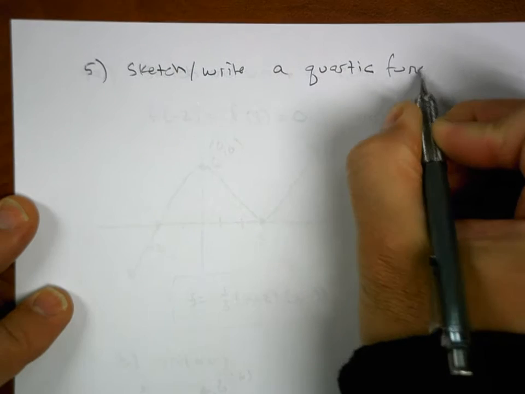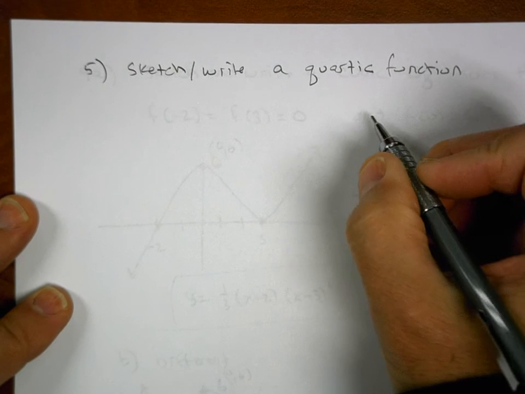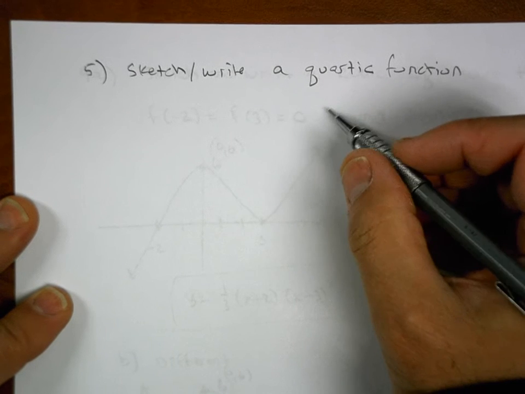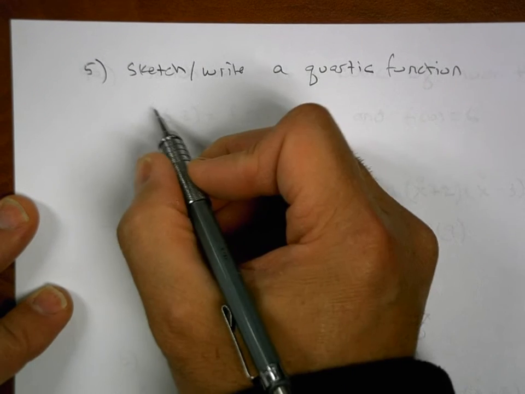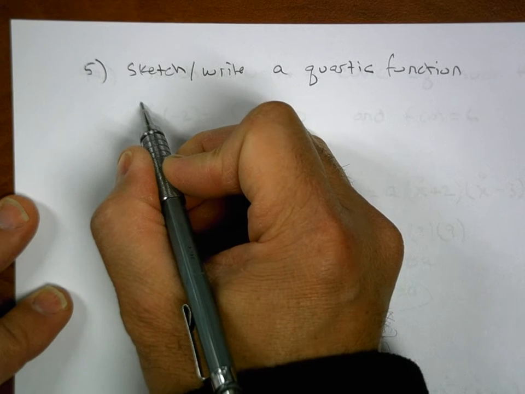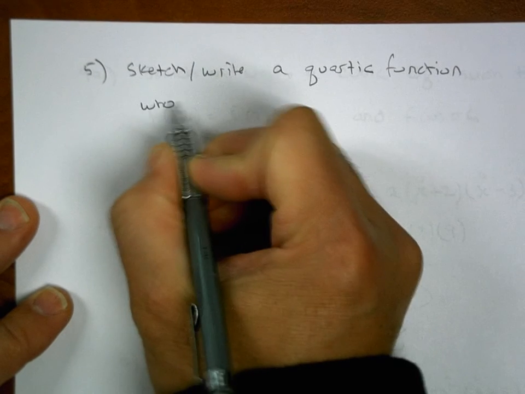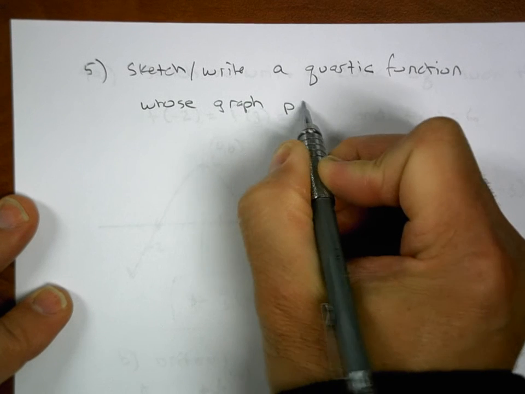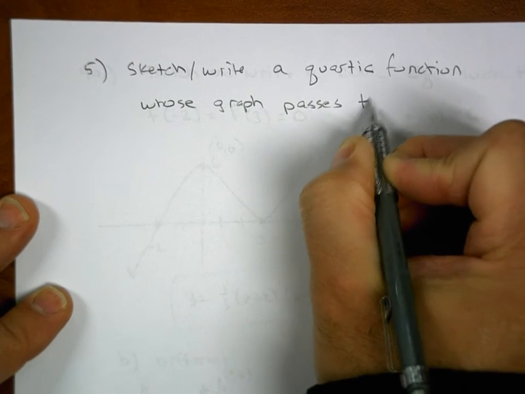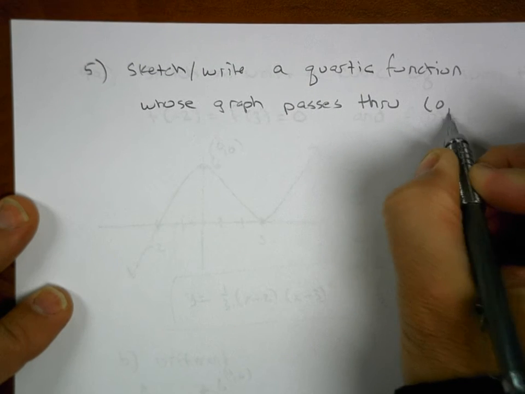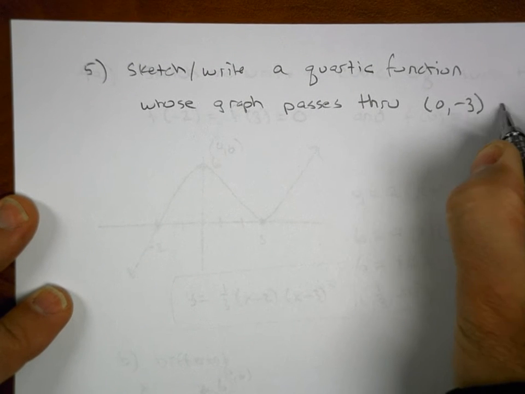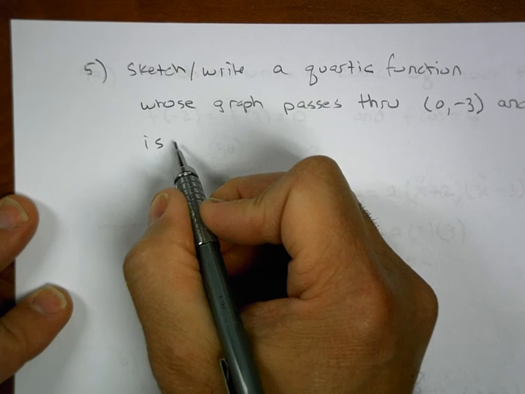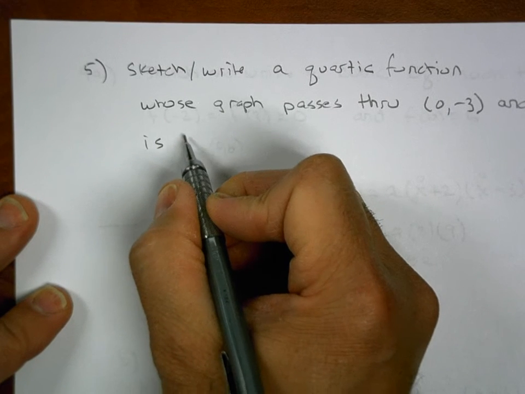What the heck is a quartic function? Degree is 4. Function whose graph passes through 0, -3, and is tangent